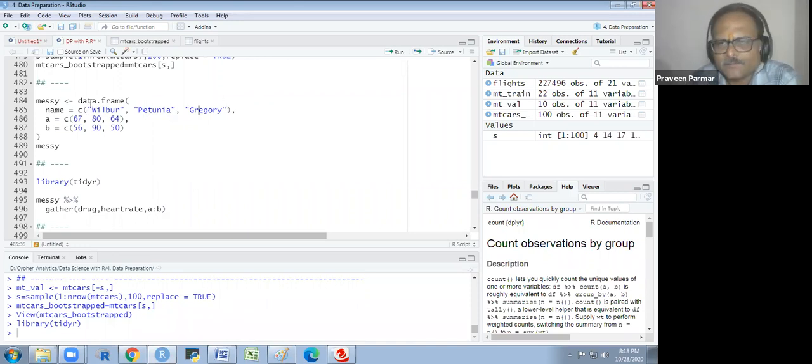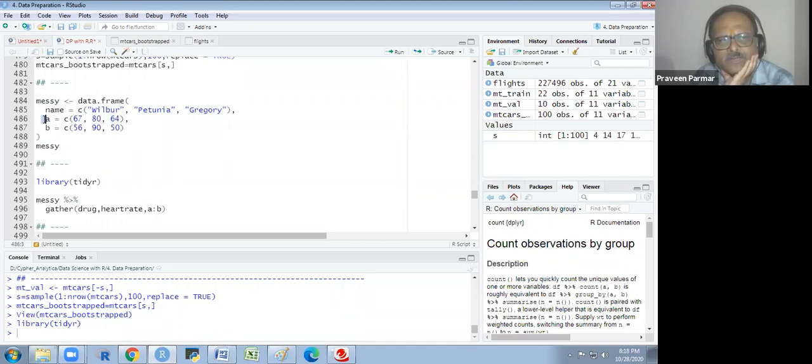So I am making a data frame whose name is Messi, and I could write any name. Three persons are there, three patients you could say. These are the names of the patients, and these are the heart rates: 67, 80, 64. And these are the treatments given by us.